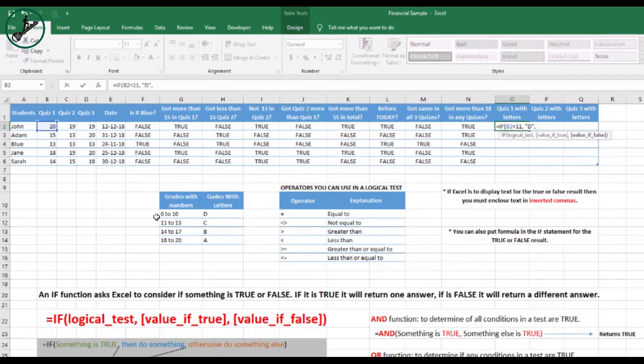IF statement. If my quiz 1 is less than 14, it means either it's 11, 12 or 13, because it can't be 10 or 9, because we have already checked for 10 or 9. We have already checked for less than 11. So if it's less than 11, it will write D. If it's not less than 11 and if it's less than 14, it should write